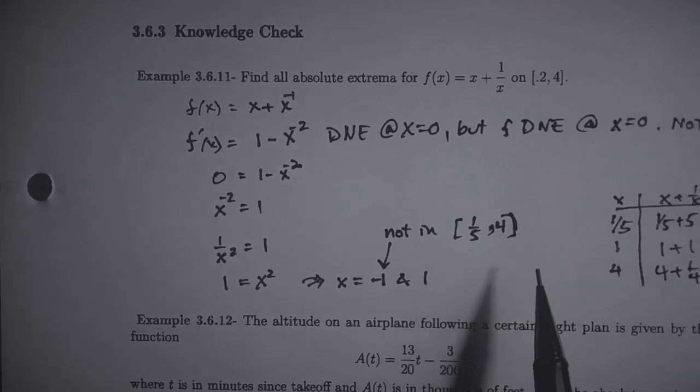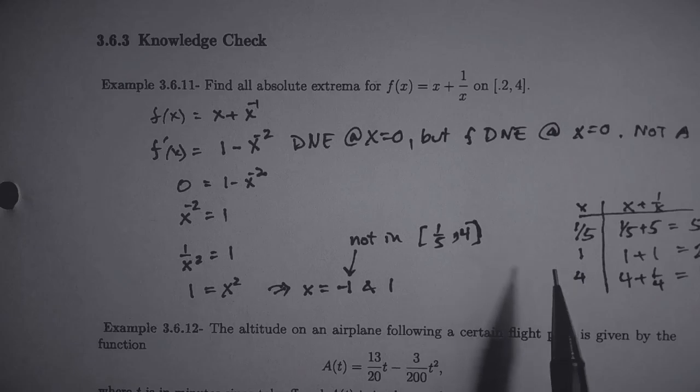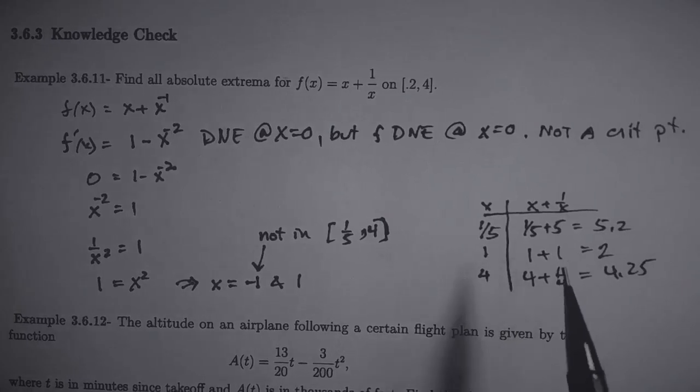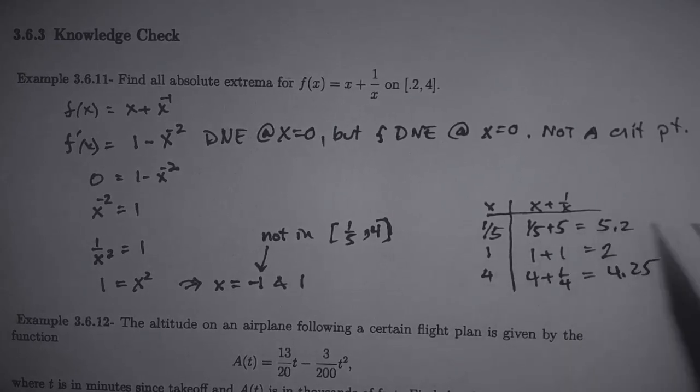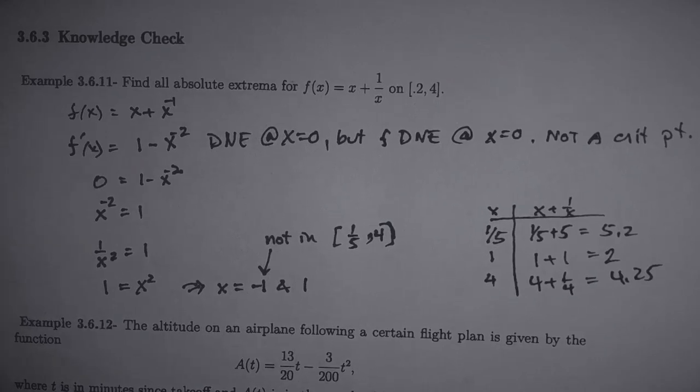So I evaluated the function at the 2 endpoints of the interval from 0.2, that's 1/5, and 4, and at 1. I calculated the values to be 5.2 and 2.0 and 4.25. Well, the minimum's got to be the 2 that I see there, and the maximum must be that 5.2. And when I look at the graph, I promise